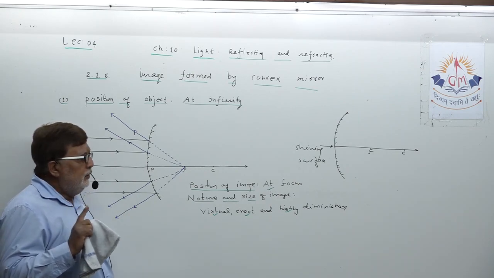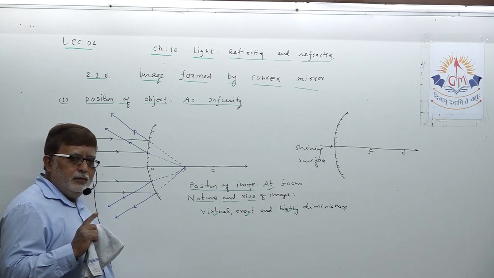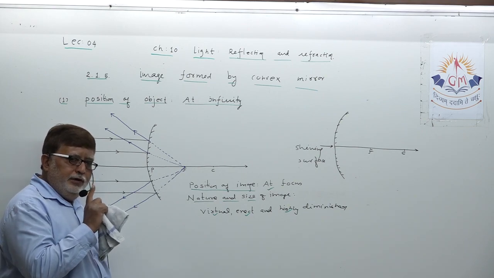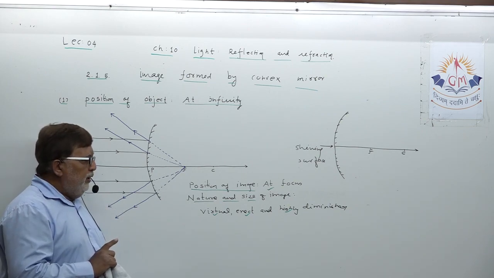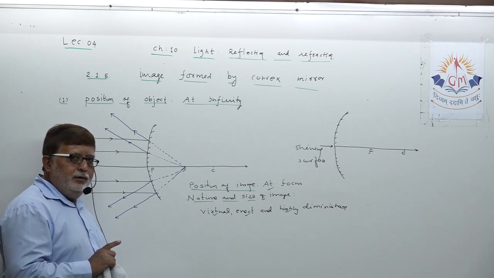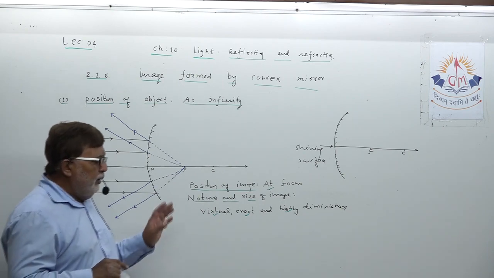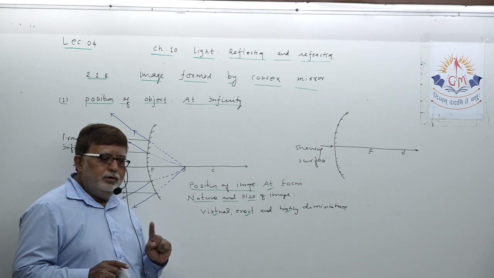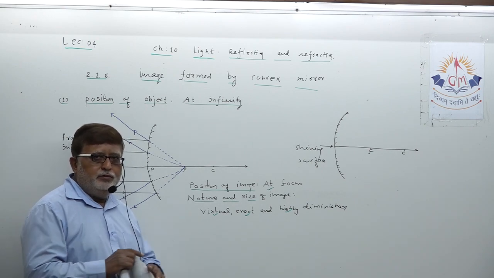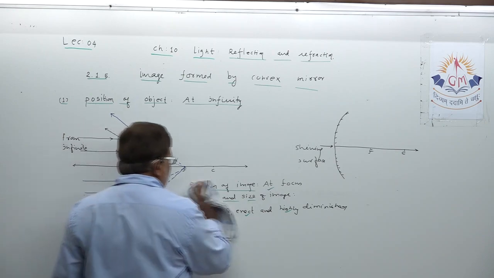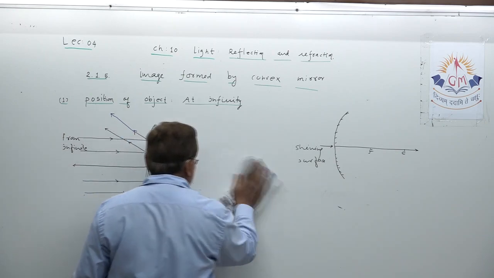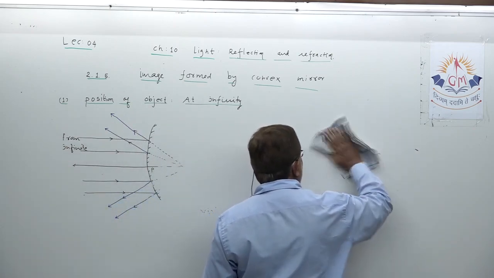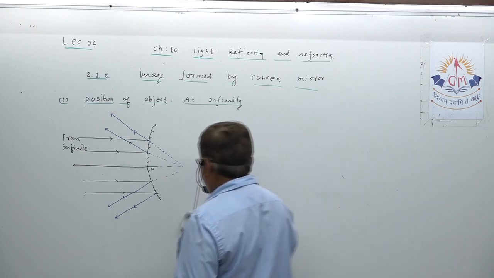formation by a convex mirror. How we have formed the image, that you should understand properly. Prepare the diagram in such a way, and when you prepare the diagram, understand the facts in such a way that you do not have to touch it till the exam. Understood? That way you need to prepare. Now let us go for the second one. Okay, the second image formation by a convex mirror.